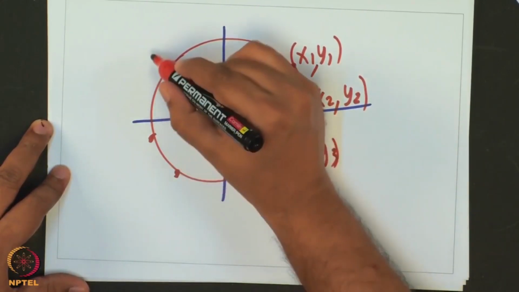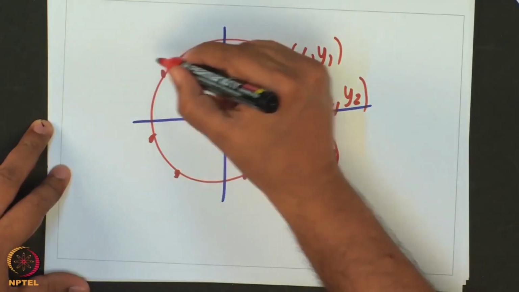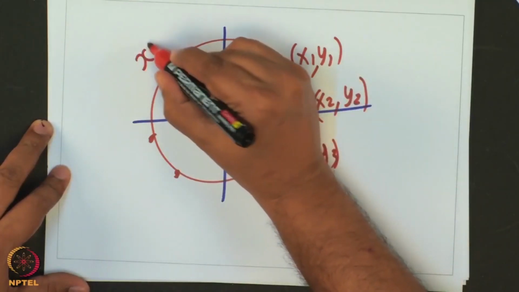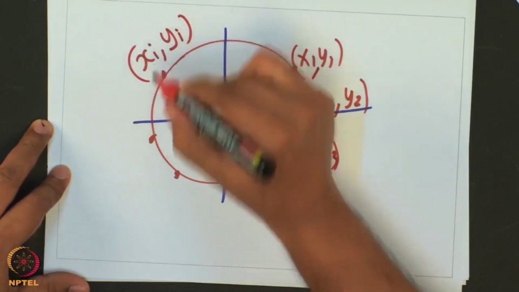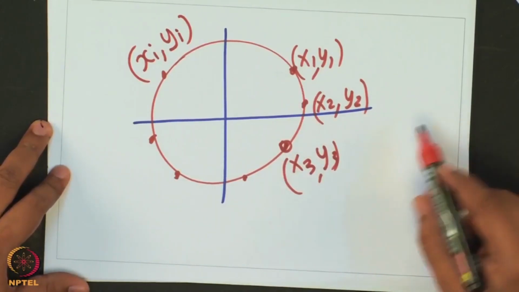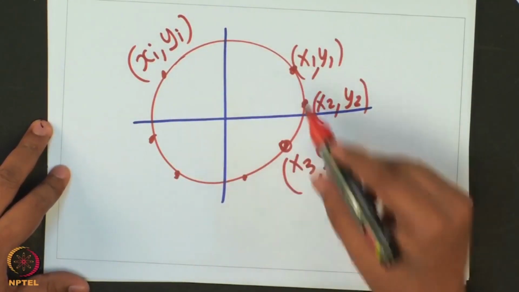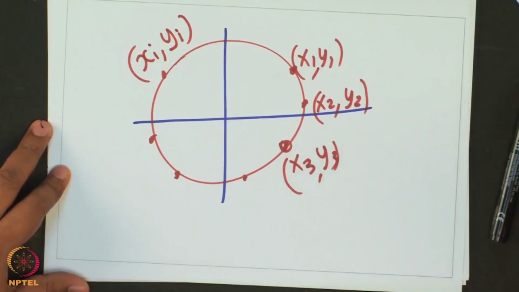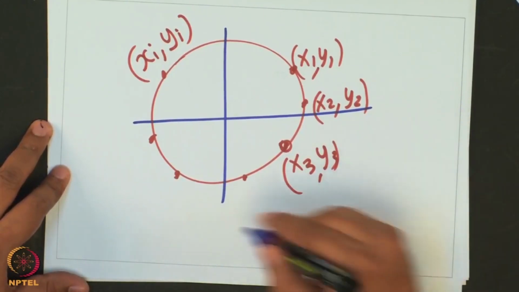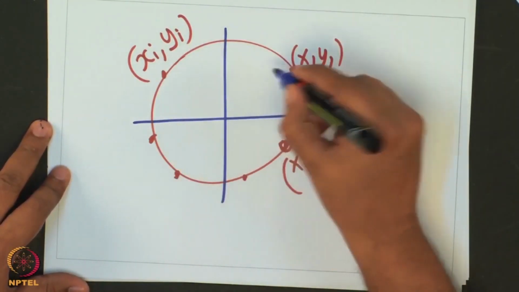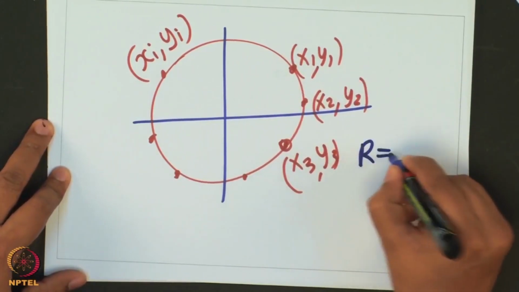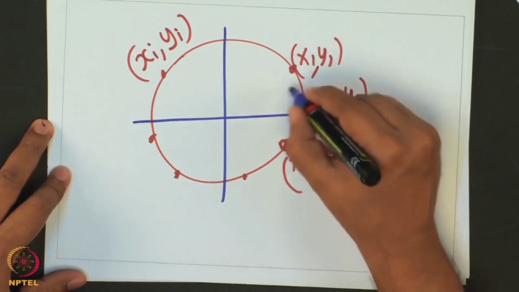So this point in general could be some xn, yn, or xi, yi. Every point along the circle will have a different x value and y value, but the radius r is the same everywhere. So r is the same, and only by specifying theta